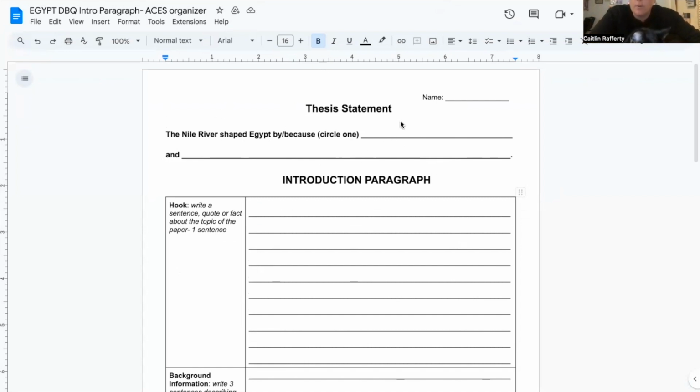So I'm going to type out my thesis, right? The Nile River shaped ancient Egypt. I'm not going to use by. I'm going to say because. We're going to get rid of circle 1 so I don't get confused. I'm also going to get rid of these lines. All right, because it provided